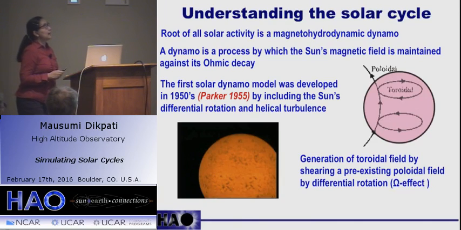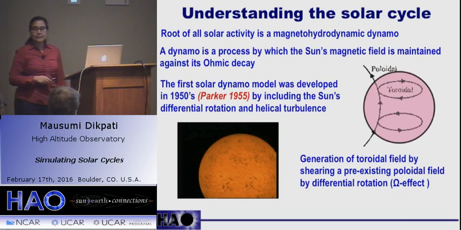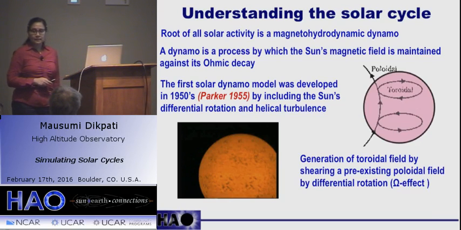The root of all solar activity is a magnetohydrodynamic dynamo. So what is a dynamo? A dynamo is a process by which the sun's magnetic field is maintained against its ohmic dissipation. The first solar dynamo model was developed by Parker in the 1950s by including the sun's differential rotation and the helical